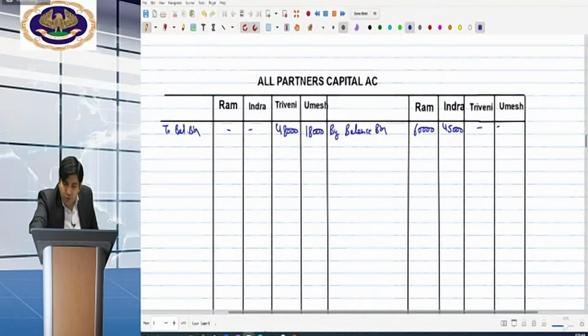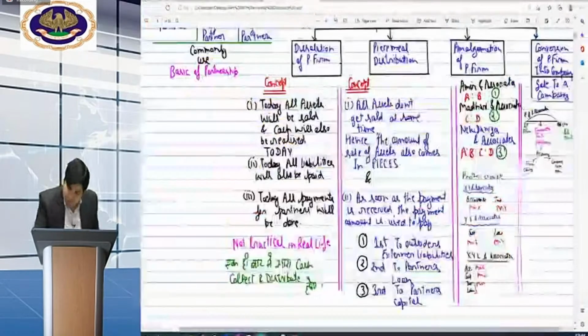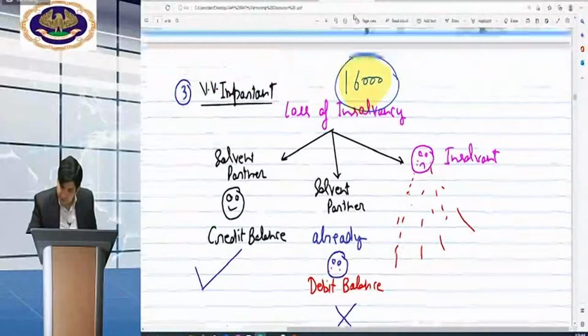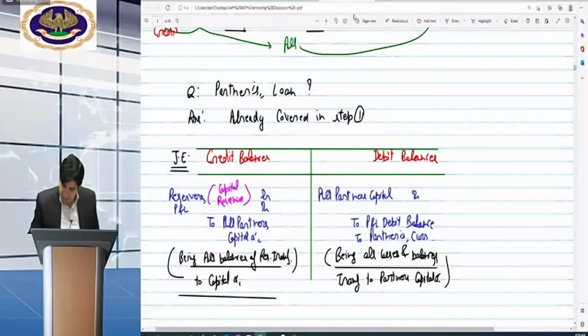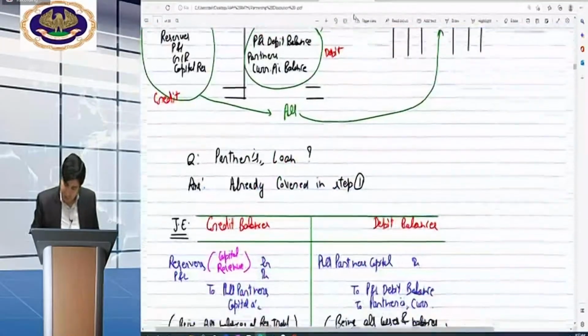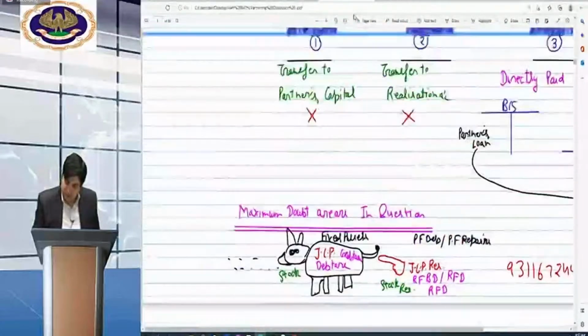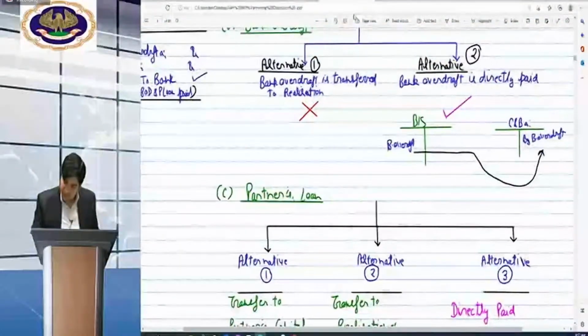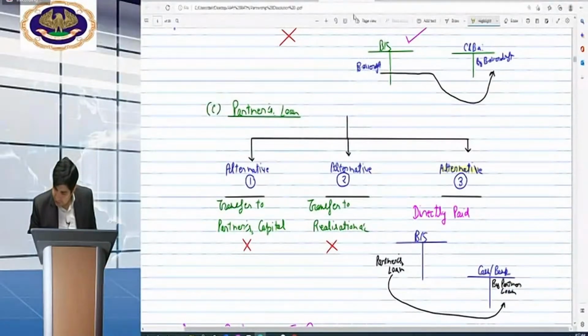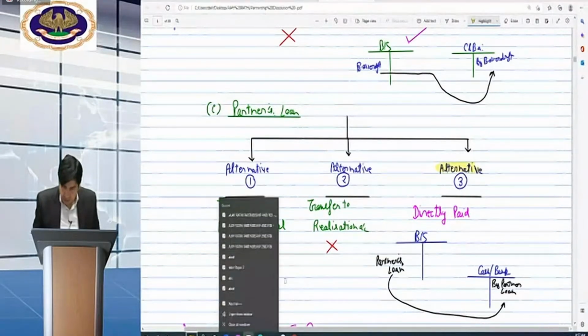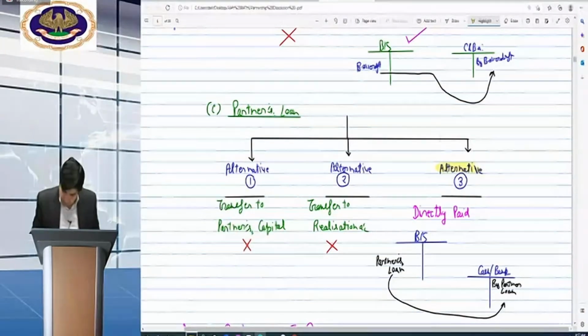No, beta, Ram's loan is not being transferred. I have already covered all the doubts here and am showing you the same again. Don't worry, but always ask, bindas. In step number 1, I have already shown this. There are 3 types of practice. Out of them, what we have to do in the exam as per the ICAI study method is alternative number 3rd.